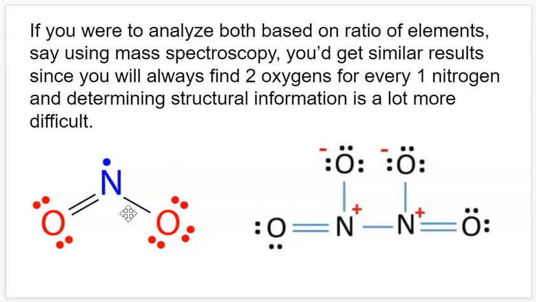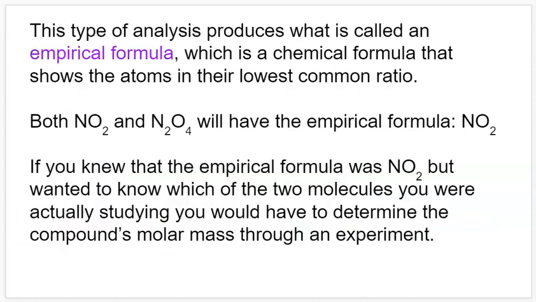So if we had both of these samples in the laboratory, and say we had an unknown sample that was one of them, and we tried to study it using mass spectrometry, we'd have inconclusive results about which one is which because they have the same ratio. Now, if we wanted to figure out which one we were looking at, we'd have to consider a few things,